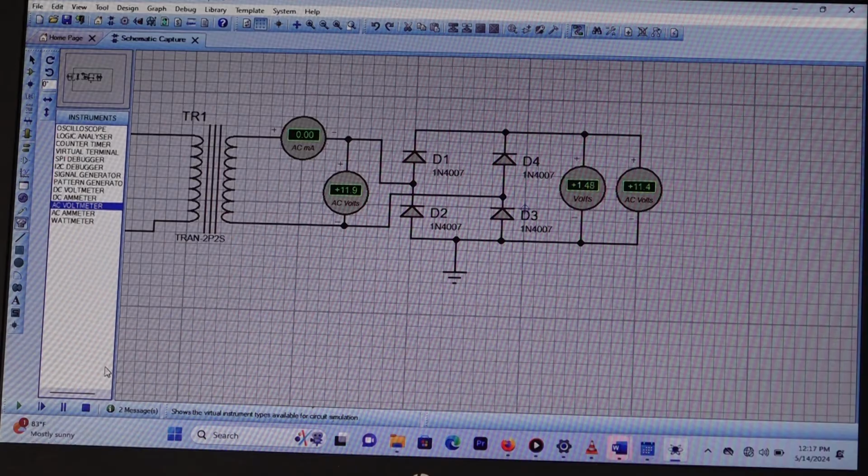What do you see there? 11.4. What were we missing from the DC? 13.04. But here we have